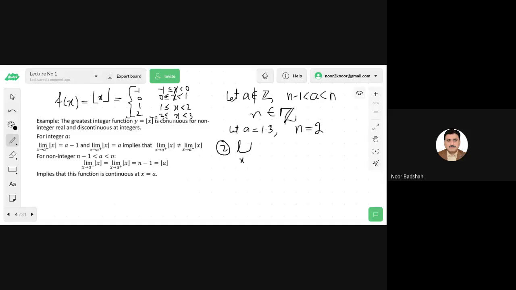Limit x goes to 1.3 from the left of the greatest integer of x, that will be limit h goes to 0, and we would replace x by what? 1.3 minus h. Now you see, what is it? Limit h goes to 0,